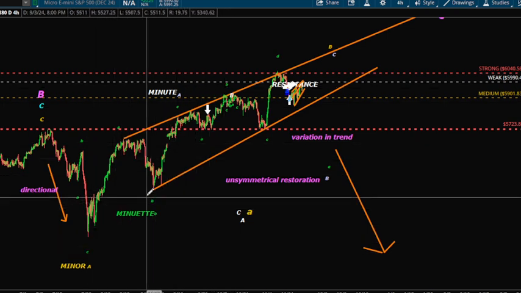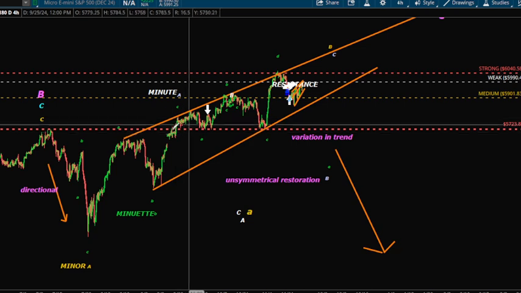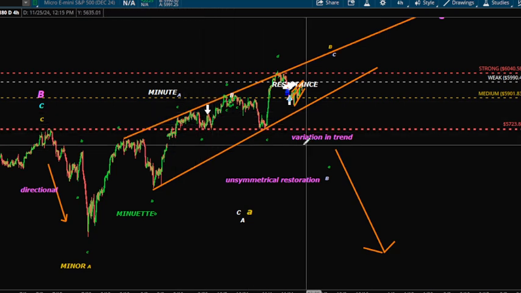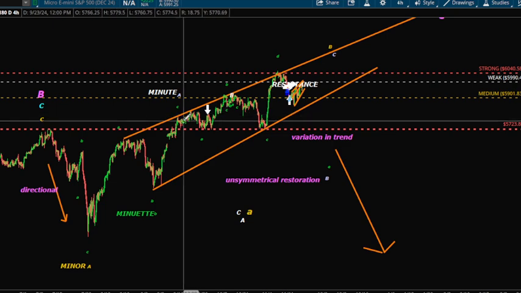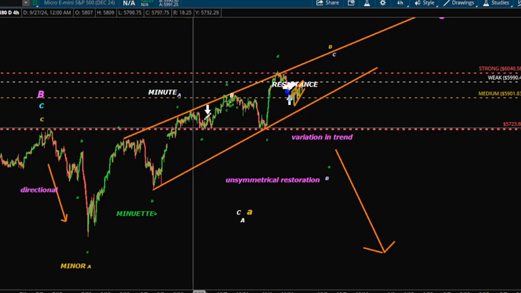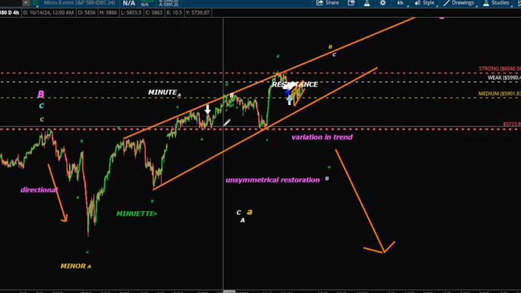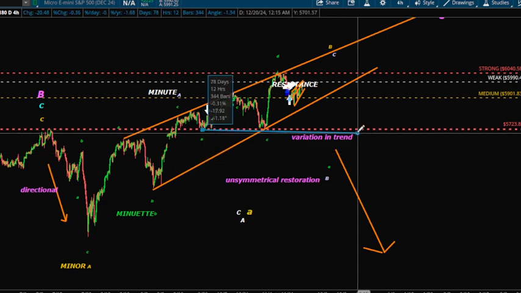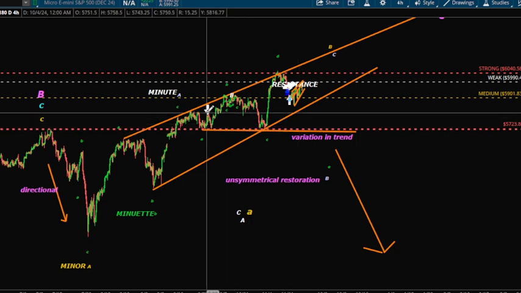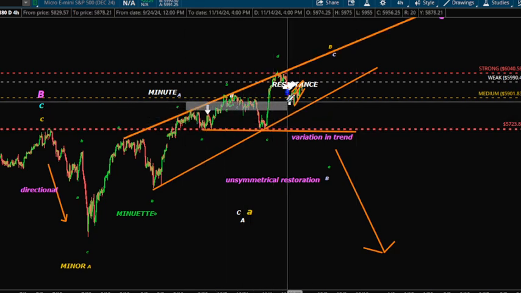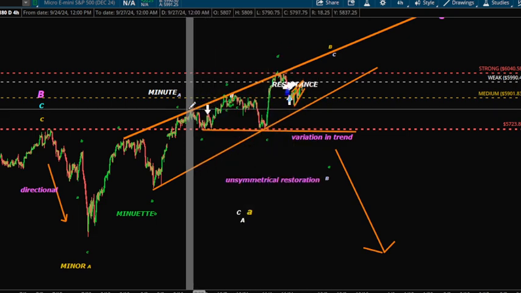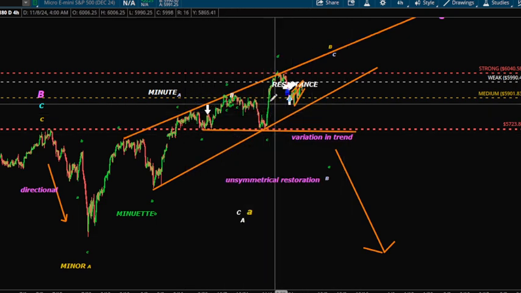So an A, B, and a C, and then right here I noticed there was a break in trend, in a variation. Okay, so I tried to force a triangle out of it, but I think the triangle might be actually here. So this might be the triangle. Okay, so that's when I started thinking this might be subdivided into three